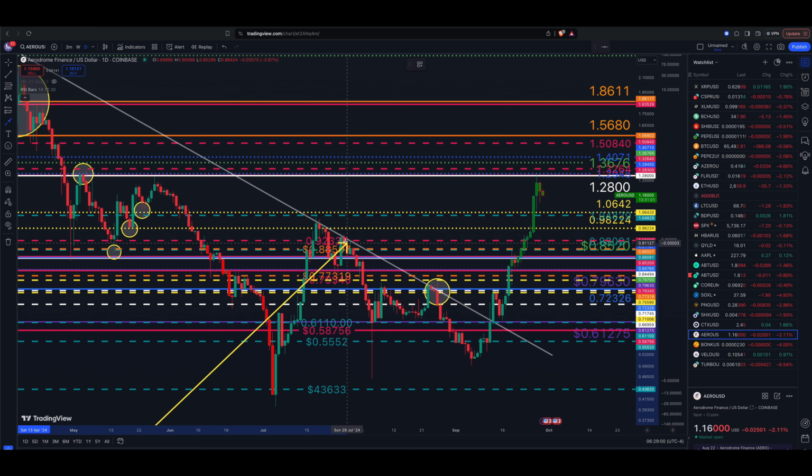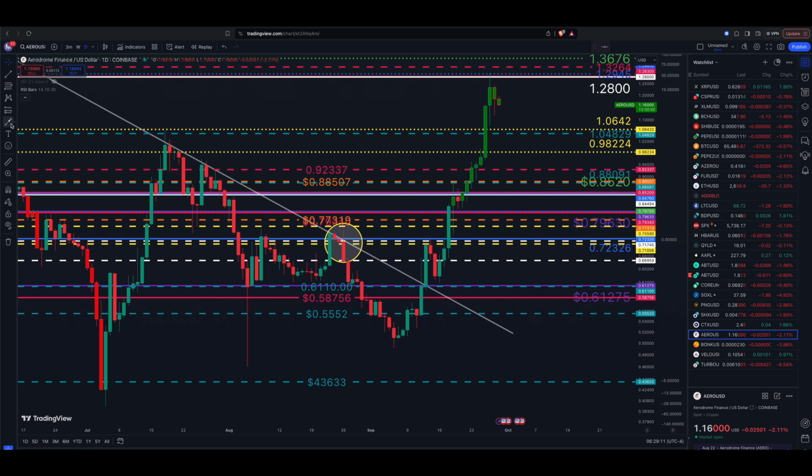All kinds of attempts to get above, close above, and got pushed back down. A big sell-off here. Another area here of a test. And then we put in this higher low here, which was the 6th of September. Higher low, rallied. This day, I remember this day, it wasn't that long ago. We were breaking out above it. We got pushed back down from the 66.9 overhead resistance level, and then we actually closed below our overhead trend line, our resistance line. But we got some follow through on the 13th of September, Friday the 13th,